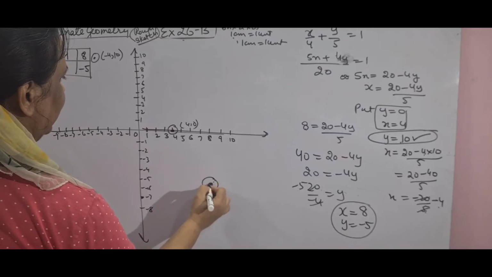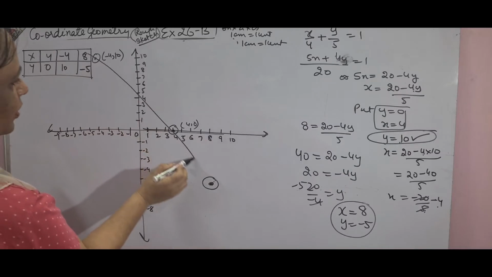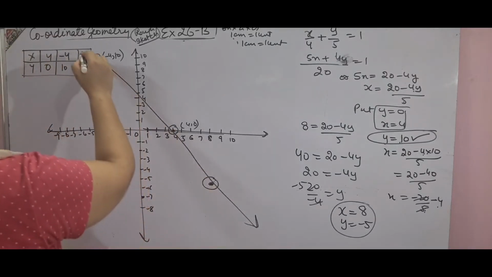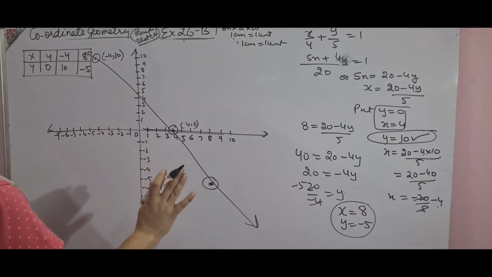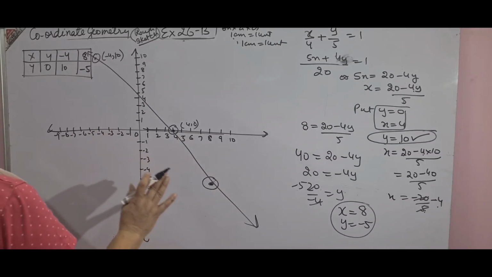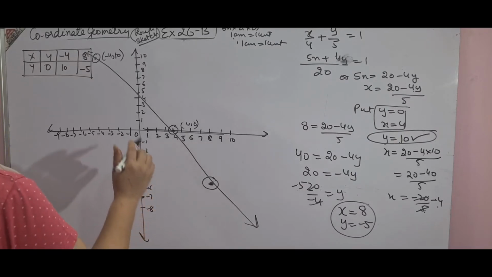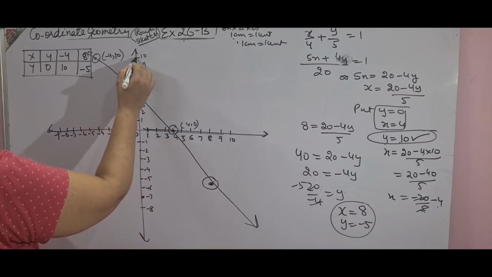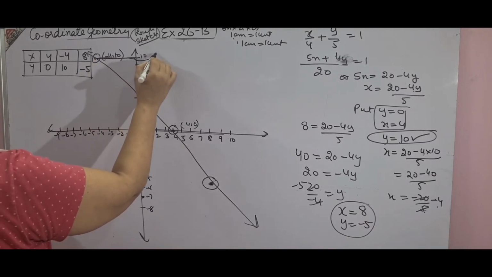So I got a straight line starting from here. See, I got a straight line. When you do it on the graph, it will exactly come straight. Now, this is what you have got in the graph. They have asked you to find the value of x when y is equal to 10. Nothing to be done. You put a line from here. This is y is equal to 10.